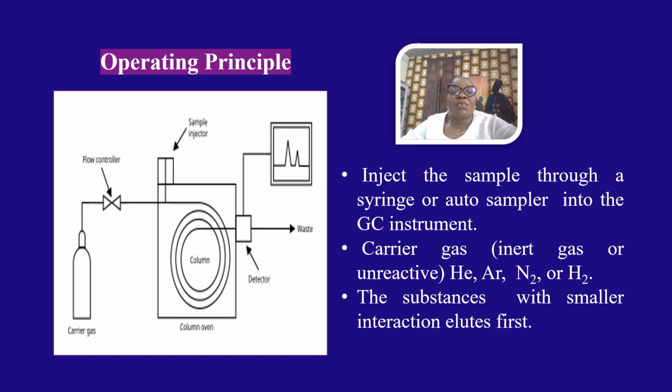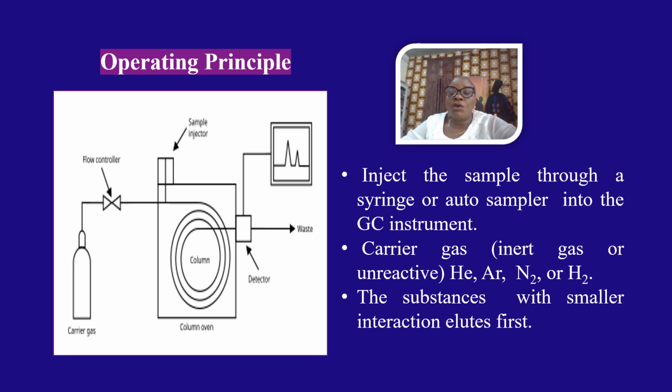We want to look at the description or the operating principle of gas chromatography. We'll have the carrier gas, the flow controller, and the sample injector, then the column, the column oven, the detector, and then the waste. We dissolve a sample in a solvent or extract the volatile components. We inject the sample through a syringe or autosampler into the GC instrument, and then the sample is carried through the column by a carrier gas, an inert or unreactive gas,